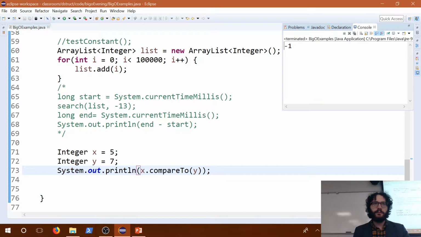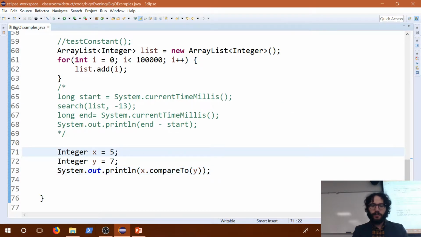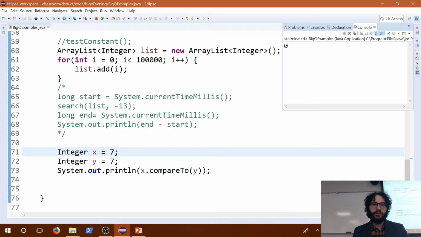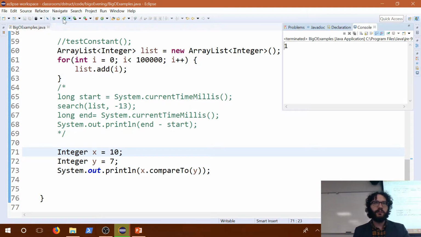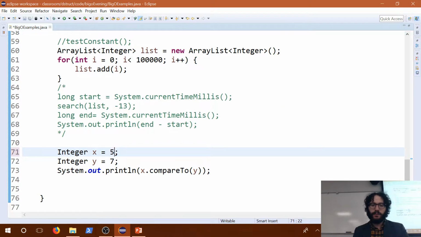-1. That may not make sense for right now, but it may make sense in just a second. Now if I change them, they were 5 and 7. Now I'm saying 7 compared to 7. That's going to return 0. And then 10 compared to 7 is going to return 1. Okay? So what compareTo does is that it says that